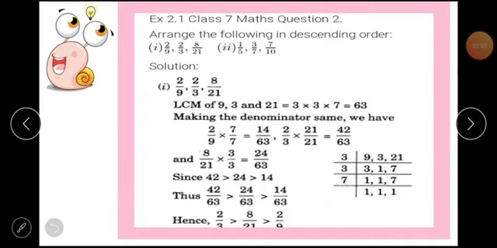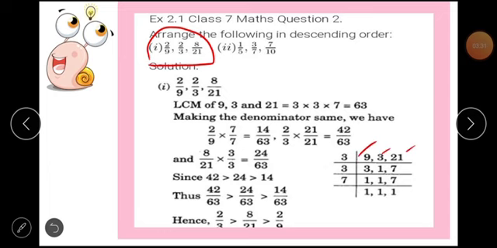So this is the first part. As you can see here in the first part, what is given? 2 upon 9, 2 upon 3 and 8 upon 21. But first of all, students, we will make the denominators the same. If our denominators are the same, then we can easily compare the numbers. For this, as I already told you, you will multiply and divide to make the denominator the same. But what number you will choose to multiply or divide depends on the LCM. So you will take the LCM of the denominators, that is 9, 3 and 21.